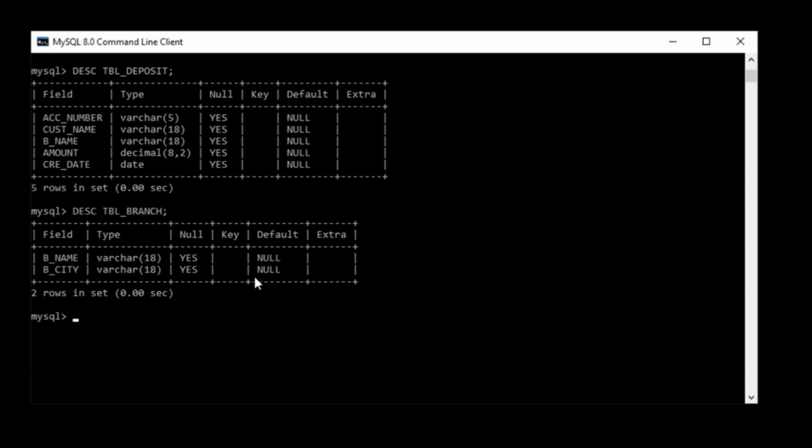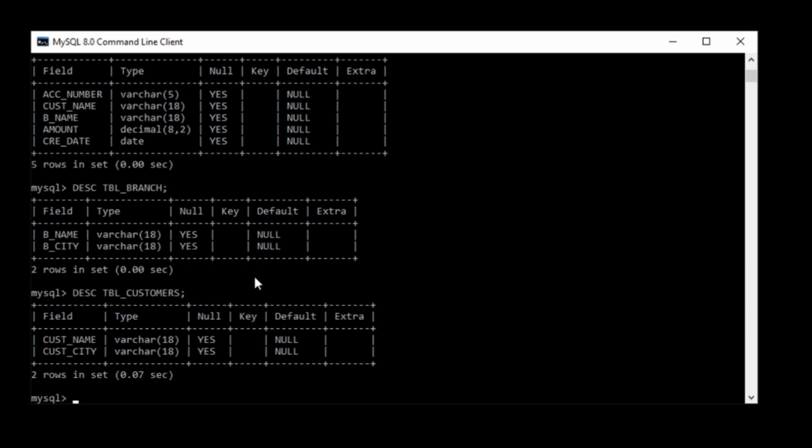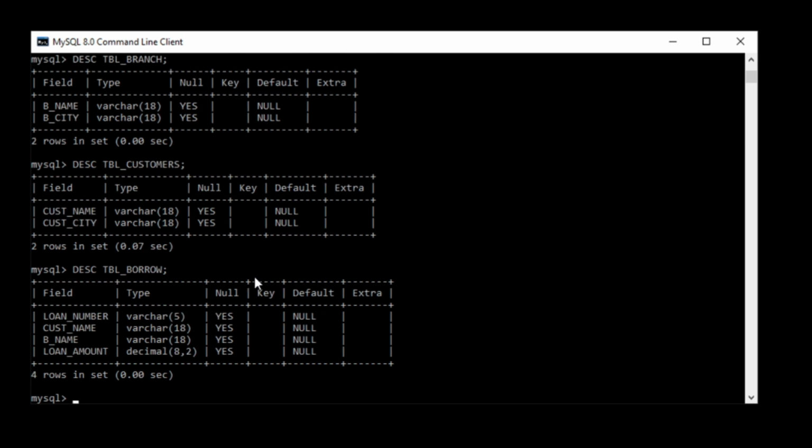Okay, so this is the description of table branch. The next definition is describe the table customers. Okay, so this is the description of table customers. And the last is desc table borrow. Okay, so this is the description of the table.